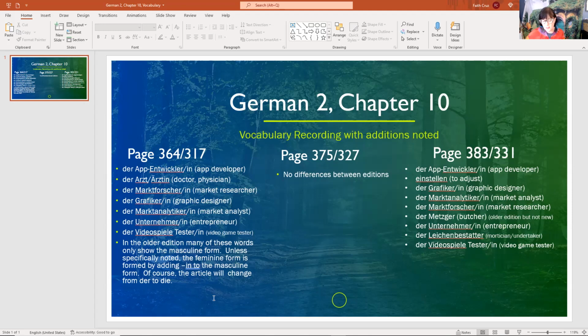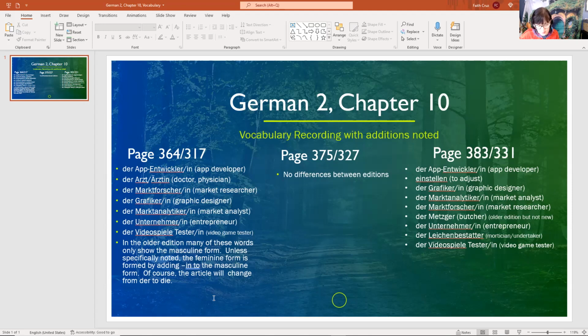Gesund, Grafiker, Halsschmerzen, hereinsehen, herumlaufen, heutzutage, there's that nowadays that I told you about, hingehen, Informatik, Informatiker, Ingenieur, Kopfschmerzen, Korrespondenz, Krankenhaus, Krankenpfleger, Krankenschwester. So a hospital is a house for the sick, Krankenhaus. Pflegen means to care for, so a male nurse is a caretaker for the sick, Krankenpfleger, and the female nurse is Krankenschwester. She's the sister who cares for the sick. Loswerden, Maler, Marktanalytiker,